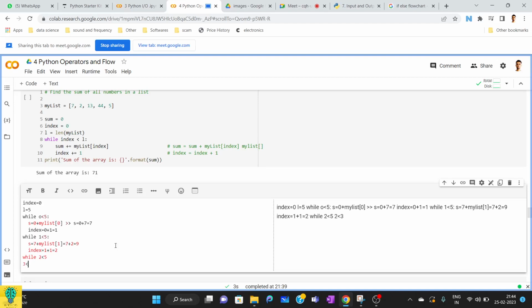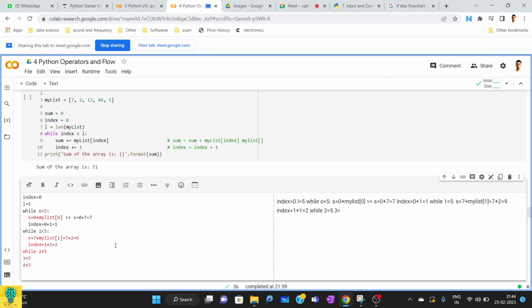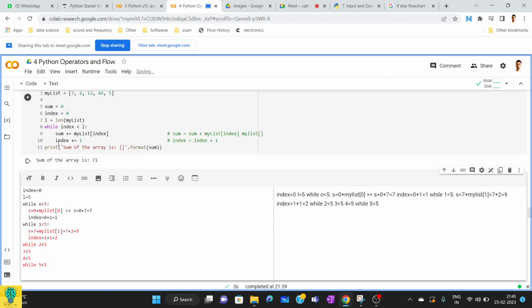Sorry, 3 is less than 5. Then 4 is less than 5. Then will come 5 less than 5. Okay, last one. While 5 is less than 5, so is it true? No. So this condition will stop here and it will come to the last statement outside of the while block, and that is